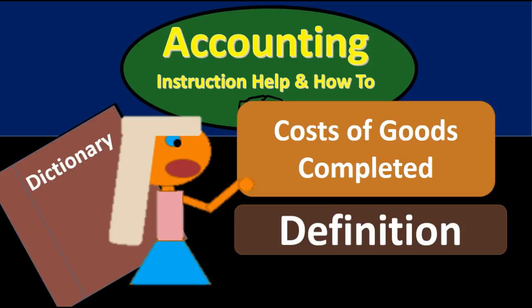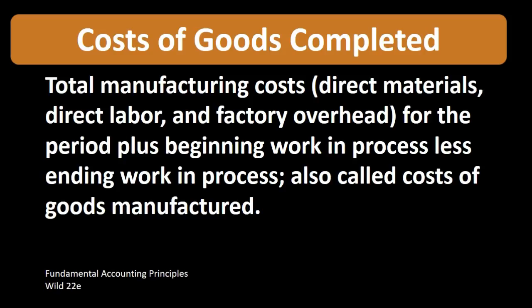Hello, in this lecture we will define cost of goods completed. According to Fundamental Accounting Principles, Wild 22nd edition, the definition of cost of goods completed is total manufacturing costs, direct materials, direct labor, and factory overhead for the period, plus beginning work in process, less ending work in process, also called